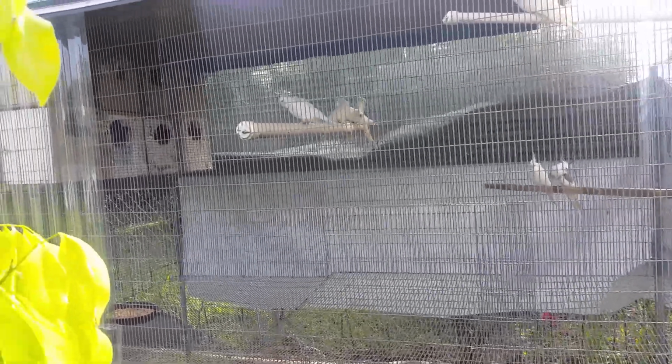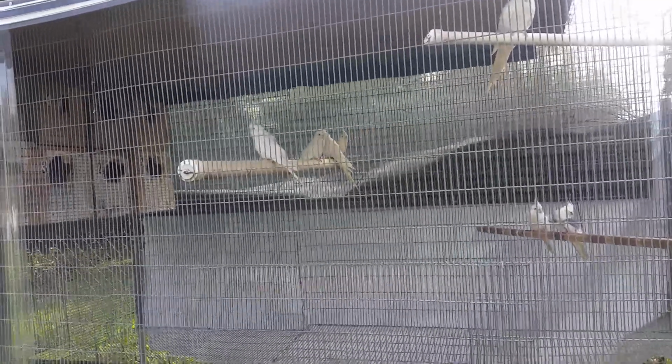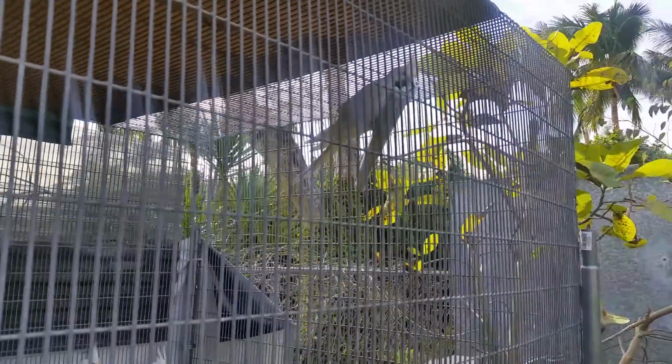Look at the tails, how long they are. And it's hard to find albino cockatiels that are big, like big size, big crest. Look at them. Look at him. Look at that one. Maybe the sun is shining in my eyes. I don't know if I'm getting it good, but